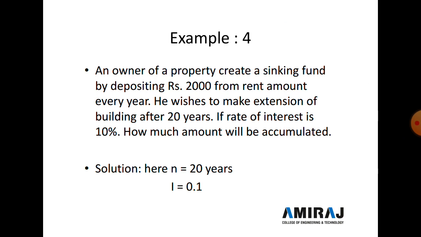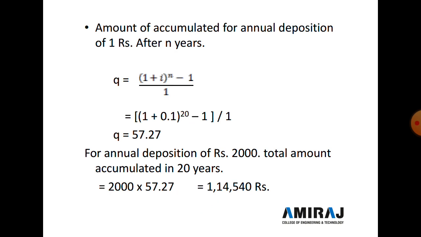So here n is 20 years, and the rate of interest 10% is converted into a value, so 10% is equal to 0.1. The amount accumulated for an annual deposit of 1 rupee after n years is Q, which is equal to (1 plus i) raised to n minus 1, divided by i. It's an equation we already discussed. So (1 plus 0.1) raised to 20 minus 1, divided by 0.1. So we got the answer Q is equal to